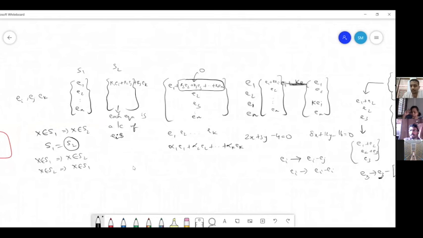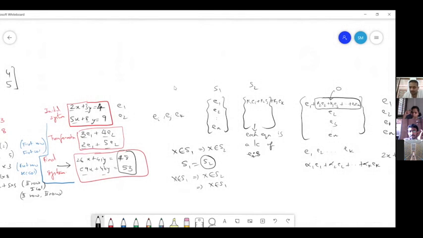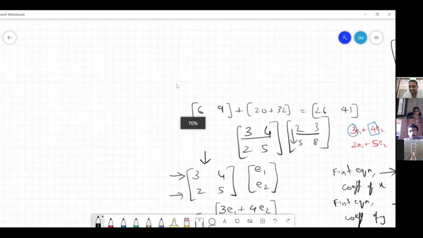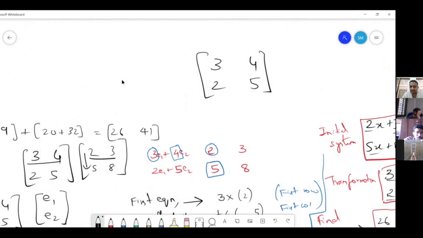So no matter what the initial system is, actually, we need to check if matrix multiplication is commutative or not. Let me just put it down. Matrix multiplication is commutative or not? Okay, right. So let us call the transformation matrix T. The initial system, let us call it A, and it is giving me a final system which is B. Right, so T into A is equal to B.